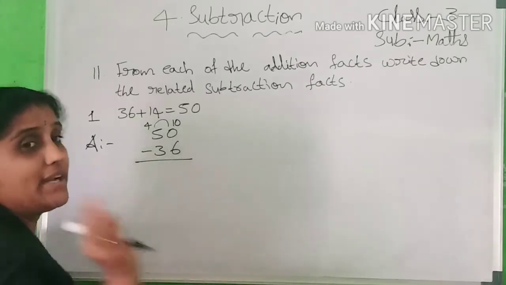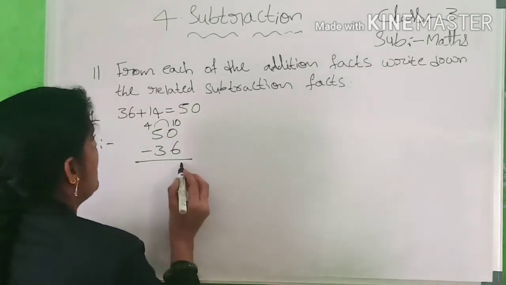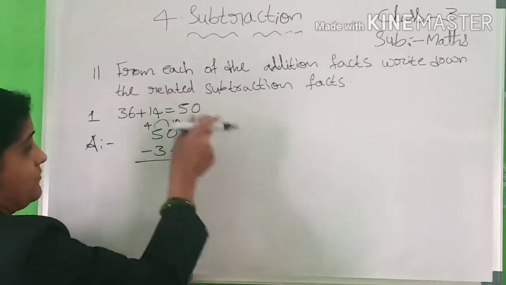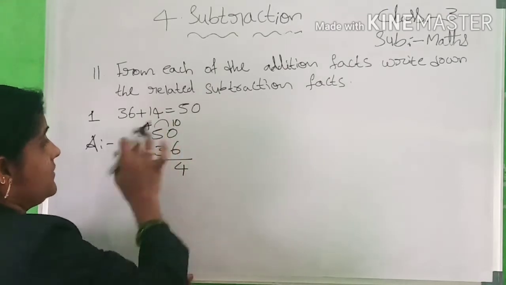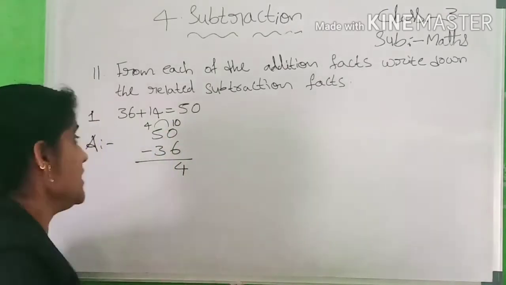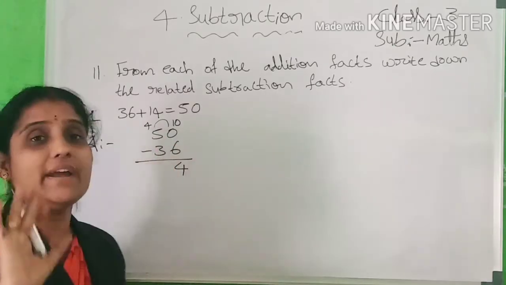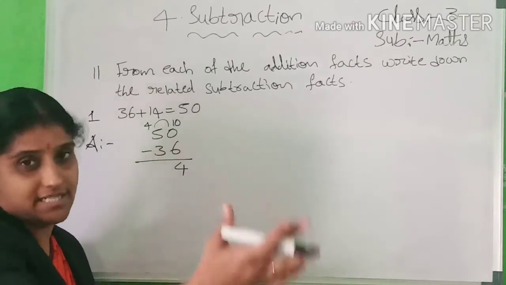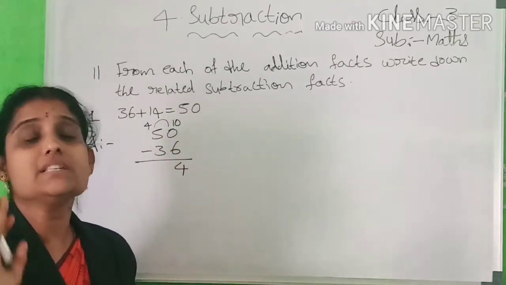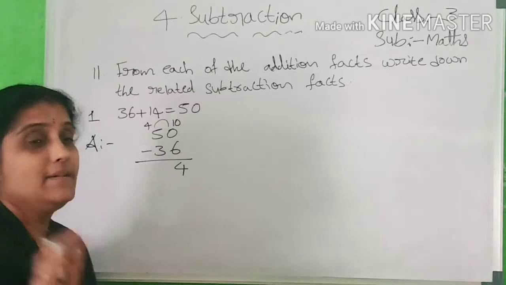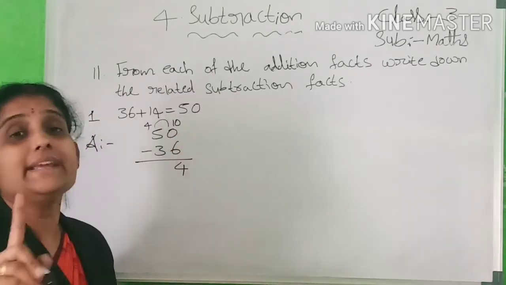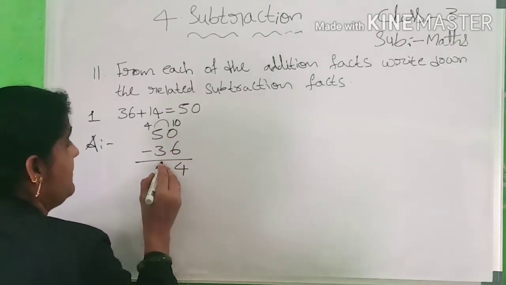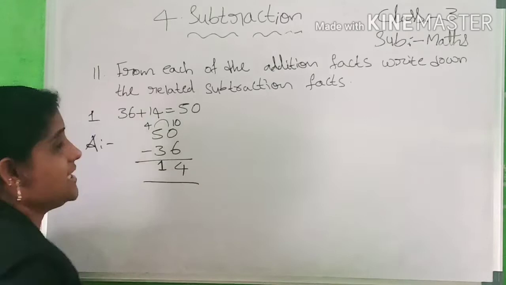Now here 10 to 6 going time. What is the answer, children? 4. You have to write here 4. Now here 5 went to borrow. Now we are having how much, children? 4 tens. Now here 5 tens, 5 tens to 1 means what here? 1 ten went to the next digit. Now here 4 tens. 4 tens to 3 tens remove. What is the answer? 3. For how much adding time will we come? 1. This one is 1.